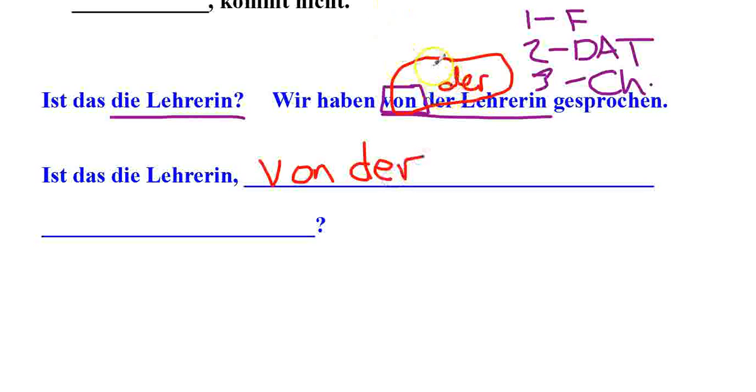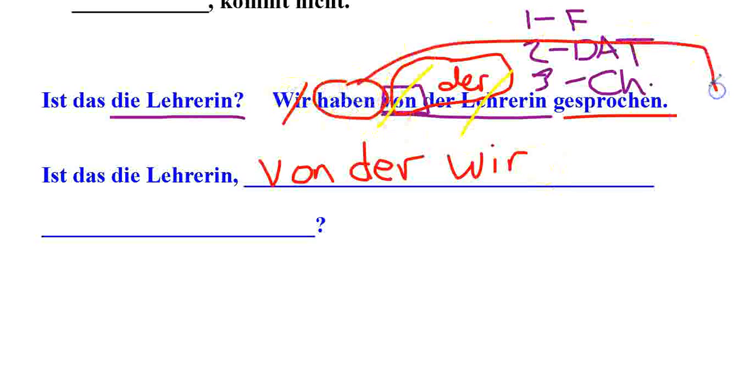And I would encourage you to go ahead and, if you need to, as you're learning this, cross off the elements you've already included so now you can figure out what goes here. Von der, next comes wir, the subject. Then we have this verb element, because remember, we're waiting for the conjugated verb to go to the end. Von der wir